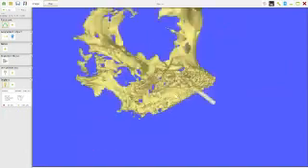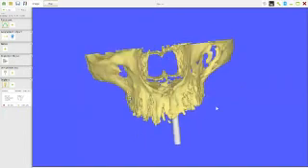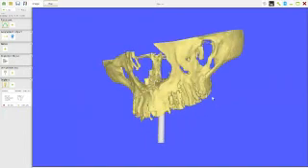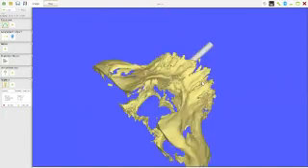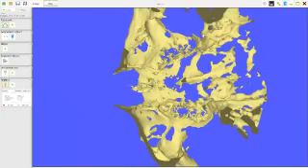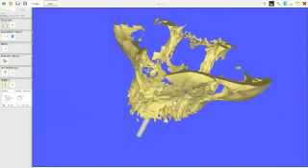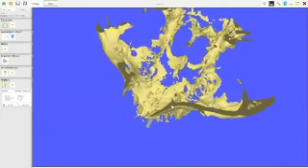Now, in order to turn the image around like this, what you do is you just position your cursor there and then right-click, and keeping the mouse button down, you can move that around. And one of the things I'm looking for here is to see if there's any perforation in the nose of the implant. And actually, if I look very, very carefully, I can just make out. Now, if I want to see that better, I can left-click, and then all I need to do is right-click,